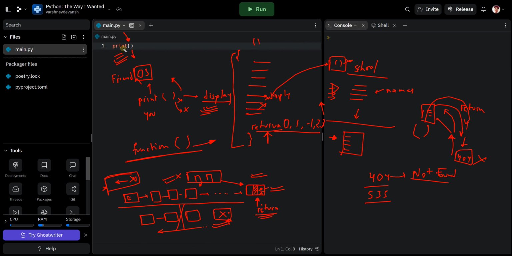This is what a function is. Now what is print returning? It is returning how many characters it has printed on the display, the count of it. So for example, if I ask it to print something, what is going to be returned to the operating system is 3. So the OS matches with the console over there, checking whether the things are being printed fine, and then it can go.